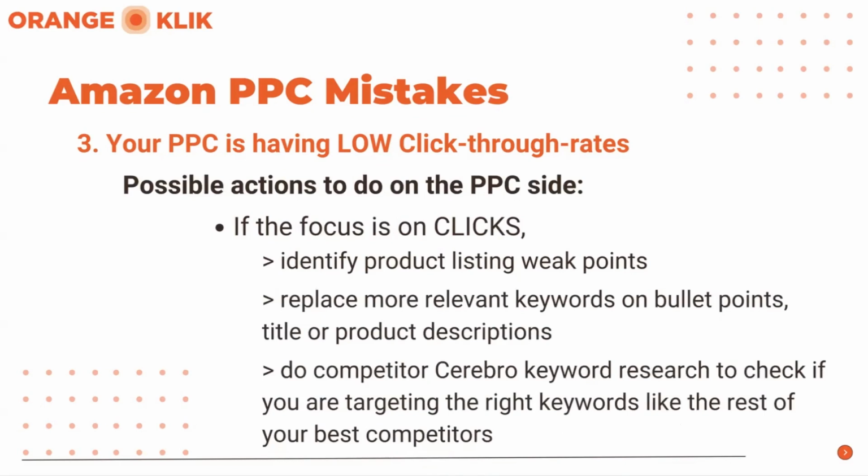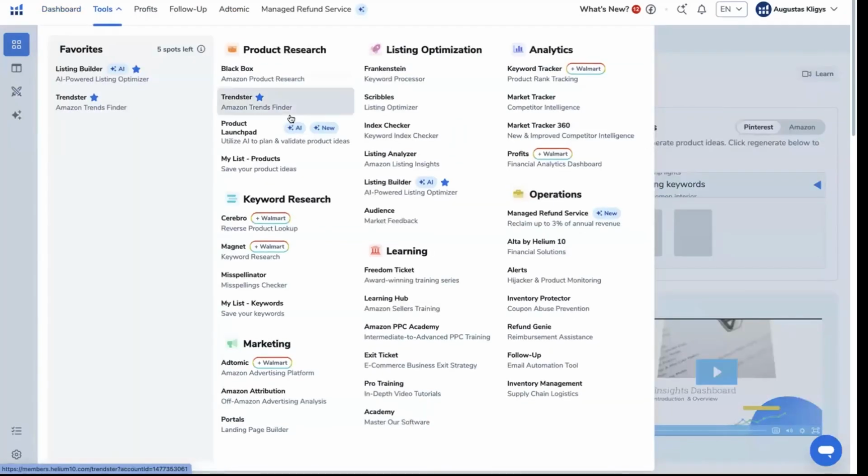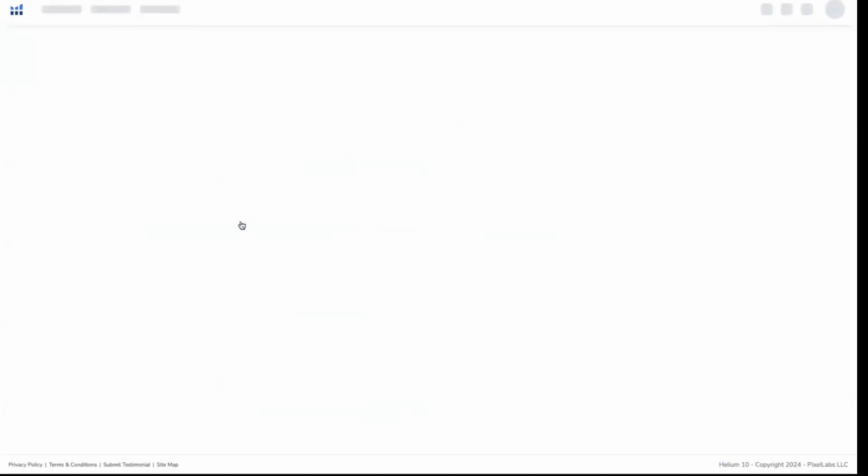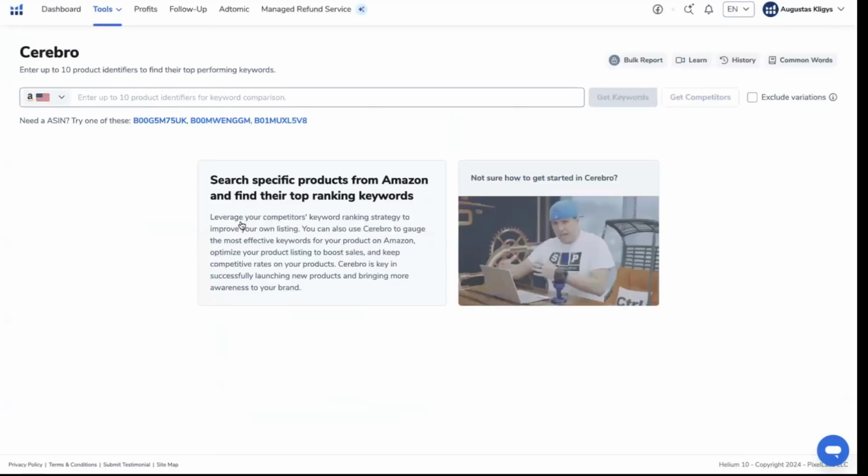Keyword relevancy and listing. In this case, in your manual campaigns, you can check the keywords that you use that are best relevant to your product. You can use Helium 10's Cerebro tool to capture the most relevant keywords to include in your listings. Here's a quick way to do a competitor Cerebro keyword research. This will help you refine your keyword relevancy and remove the irrelevant keywords based on your competitor keyword strategies. We use a reverse ASIN tool for this, such as Helium 10 Cerebro. These are the quick steps on how to do it.